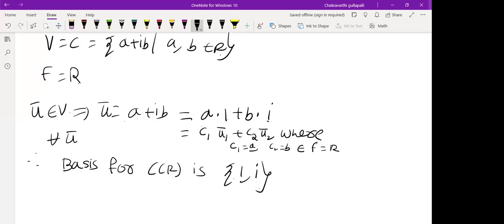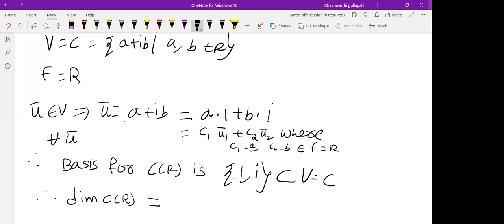These are vectors. It is a subset of V. What is V? Complex numbers. So in V, vectors can be complex, but the scalars should be real. Okay, so this is the one. Therefore, the dimension of C over R is,